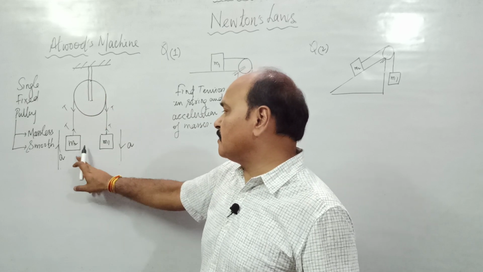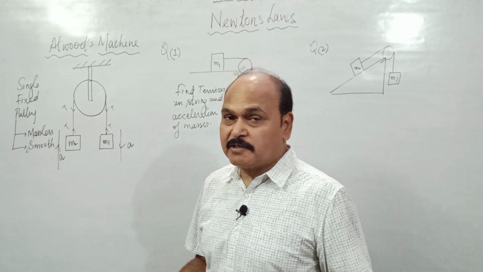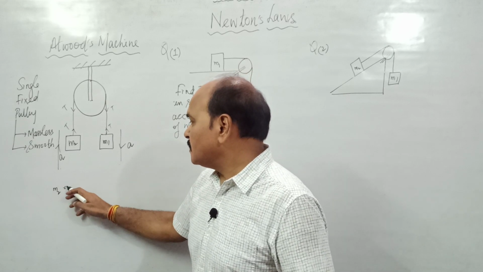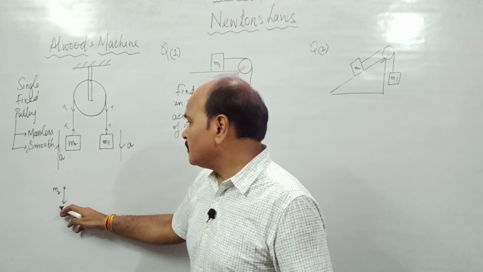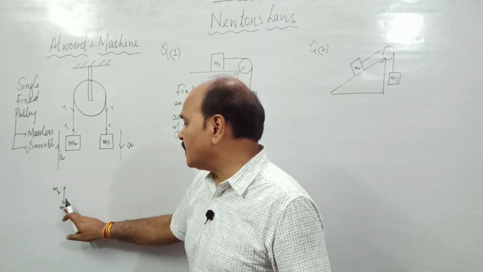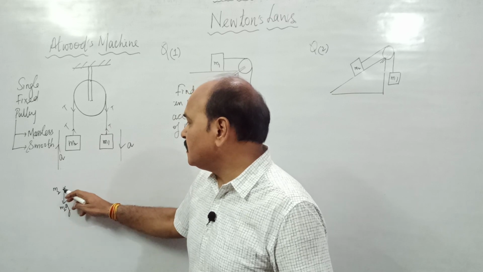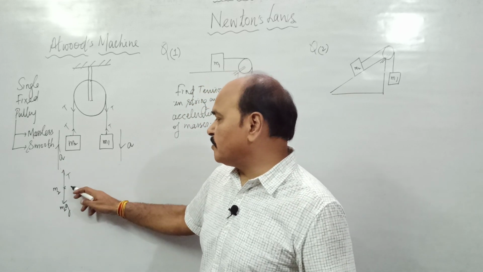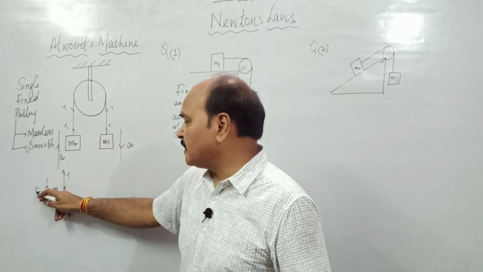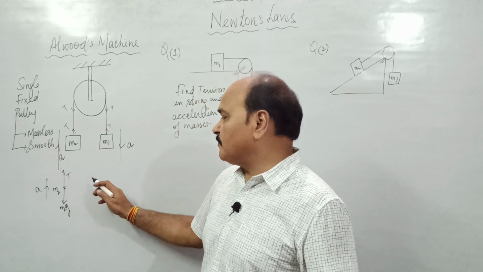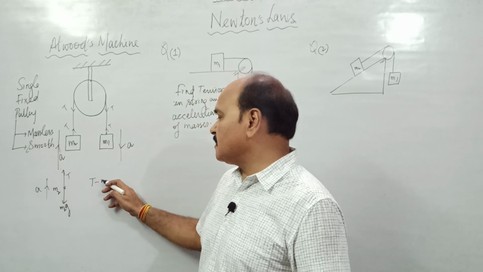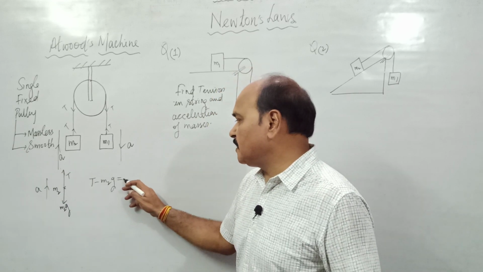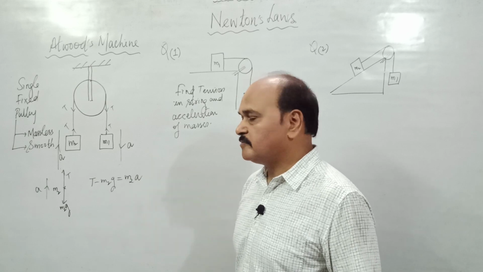Let us make the free body diagram for mass M2 as well as mass M1. See, this is vertical motion. So this mass M2 moves up. It has force M2G acting over it in the downward direction, and the other force, T, acting in the upward direction. And in spite of these two forces, the body is moving up with an acceleration A. So what is the net force over it? Net force over it is going to be T minus M2G. That is the net force over it, and net force is equal to mass of the body into its acceleration.